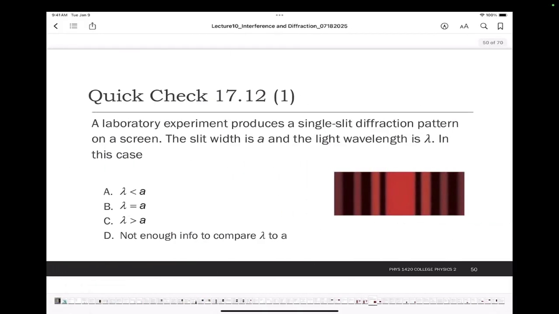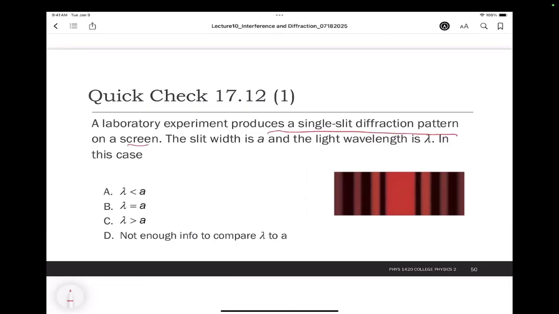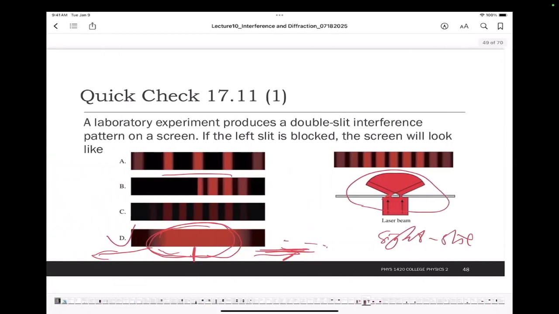And let's check this one. A laboratory experiment produces a single slit diffraction pattern on a screen. The slit width is A, and the light wavelength is lambda. In this case, this is a typical single slit diffraction. We know that here,